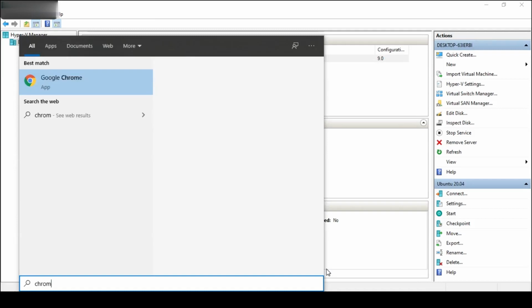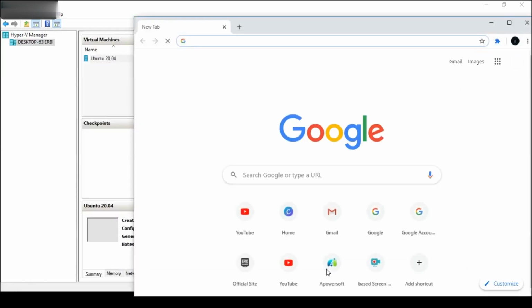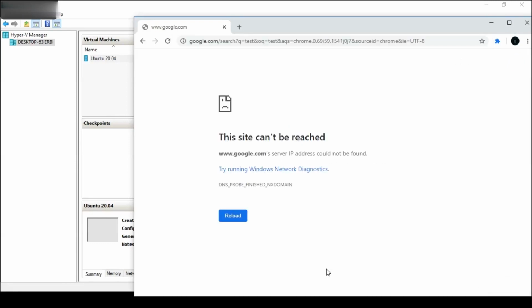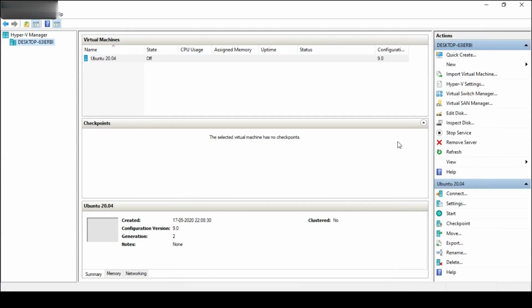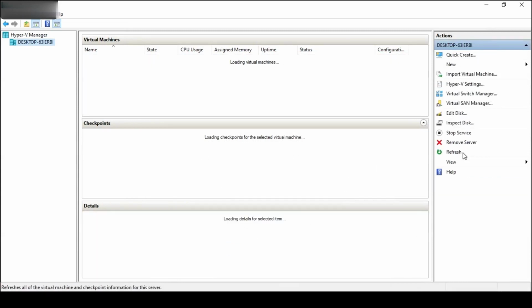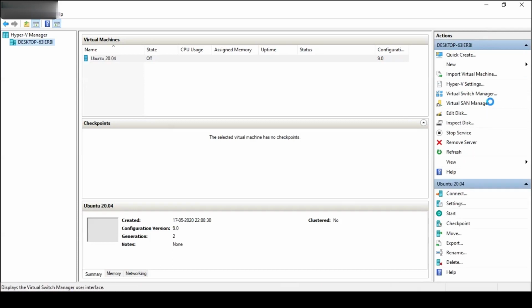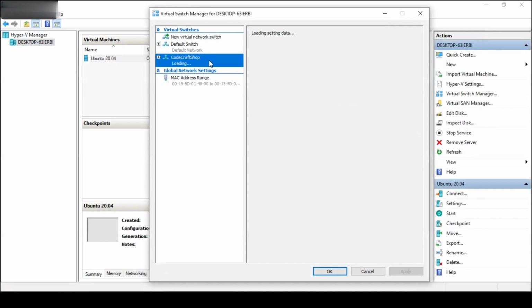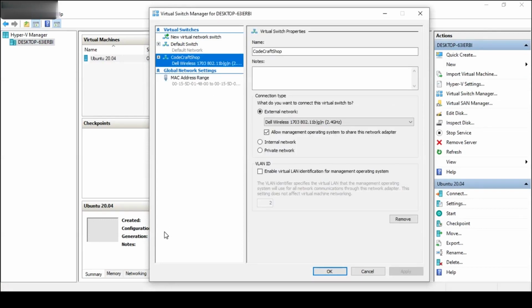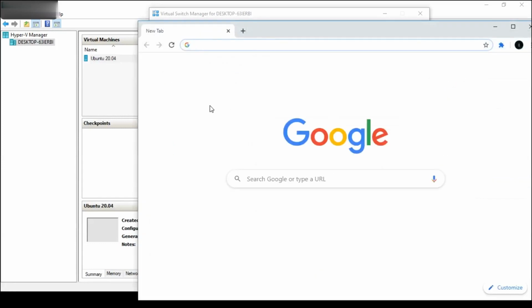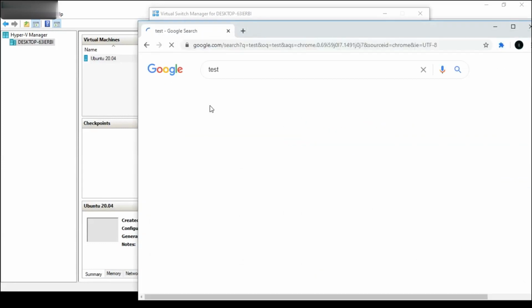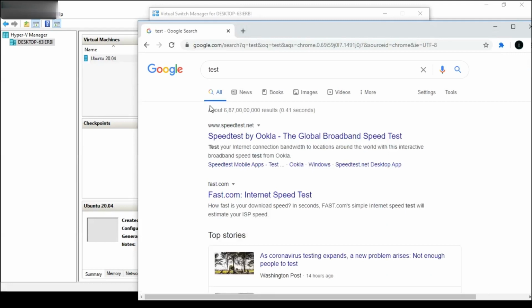I am opening up Chrome, and then I am typing something. As you can see, I am able to access the network.